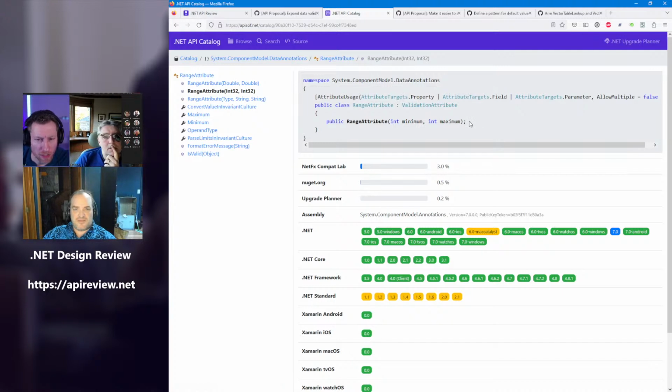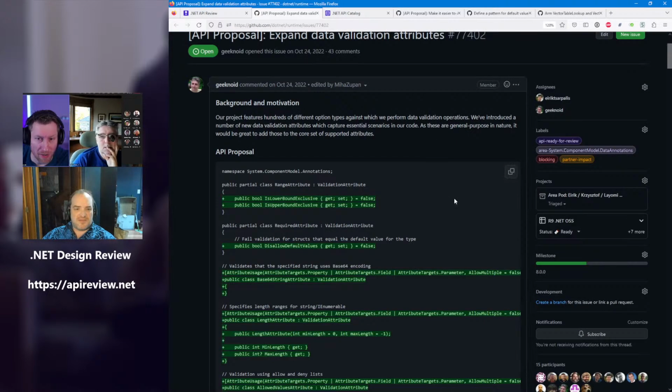I would agree. The other thing is maybe consider dropping the is, so they literally show next to each other. Yep. Or at least swap it, right? Say maximum is inclusive, minimum is inclusive.